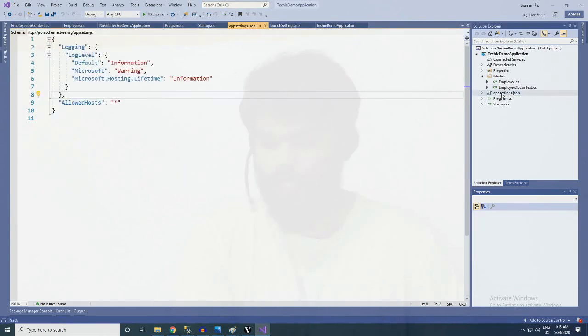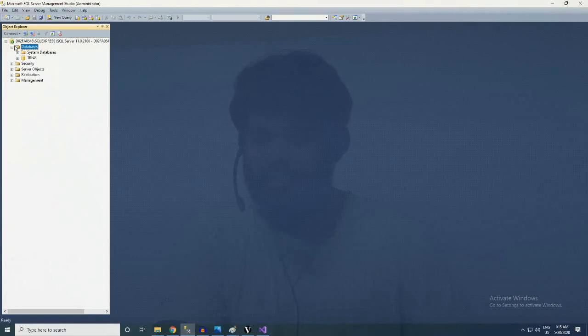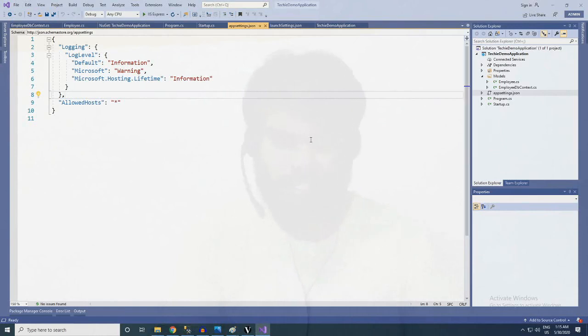For the next step what we need to do is open appsettings.json which is available in here and link our database here, which means you need to provide your SQL Server's database name or instance name here, so that Visual Studio can easily access, or our application can access SQL Server. So for that we need to create our connection strings. So I will add my connection strings here.